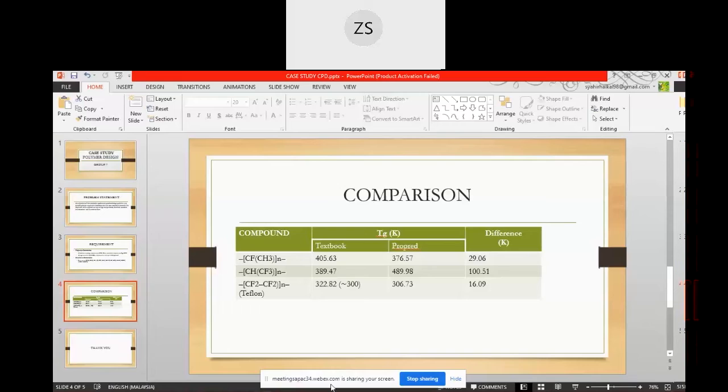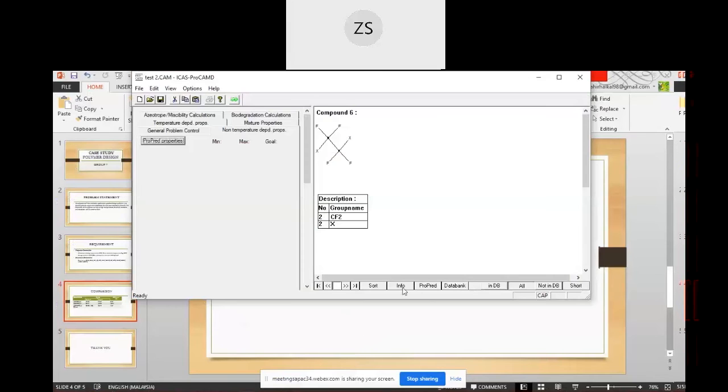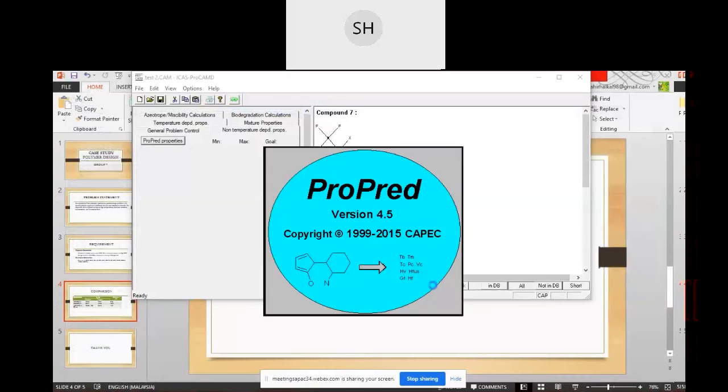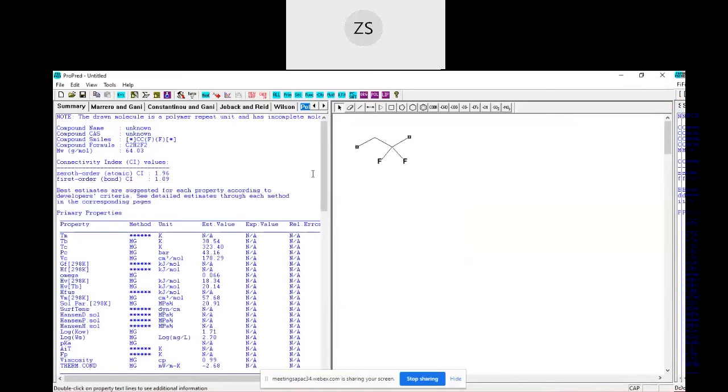Okay, for the next compound that is generated from the CAMD, which is compound 7, we click ProPred, and then it will generate the properties for the compound that we chose that has been generated from the ICAS. So it is still stated that it is a polymer repeating unit.